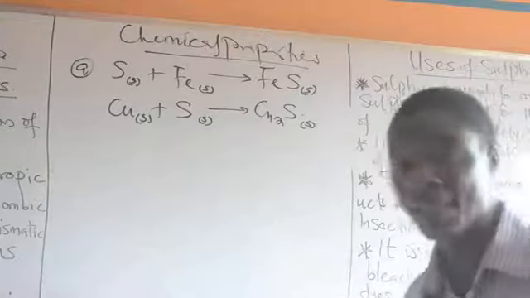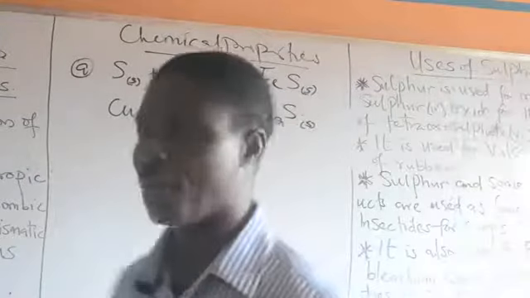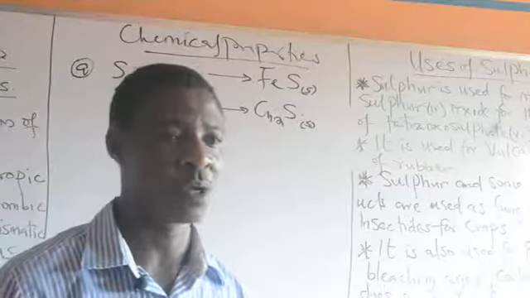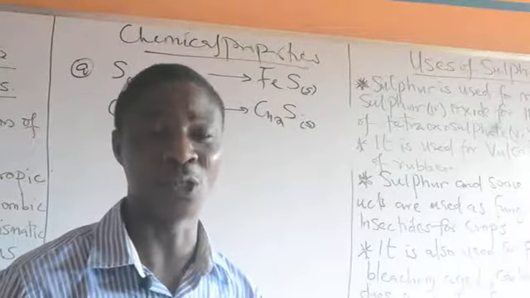Then what happens with the non-metals? Yes, sulfur also reacts with non-metals too. At the end of the day, it forms covalent compounds. By simply, in this case now, it does not involve